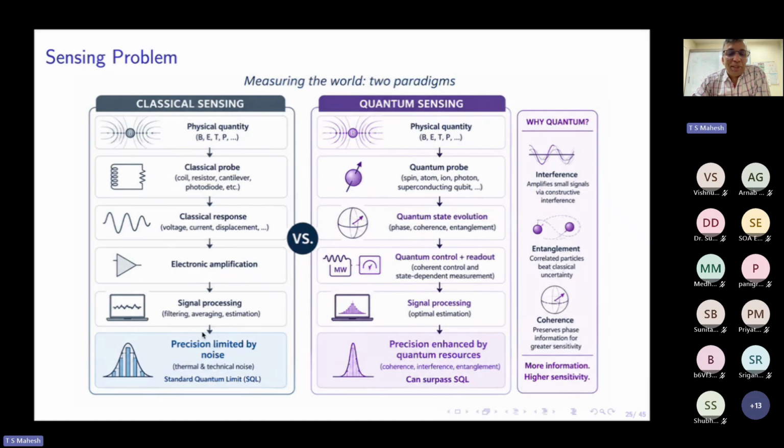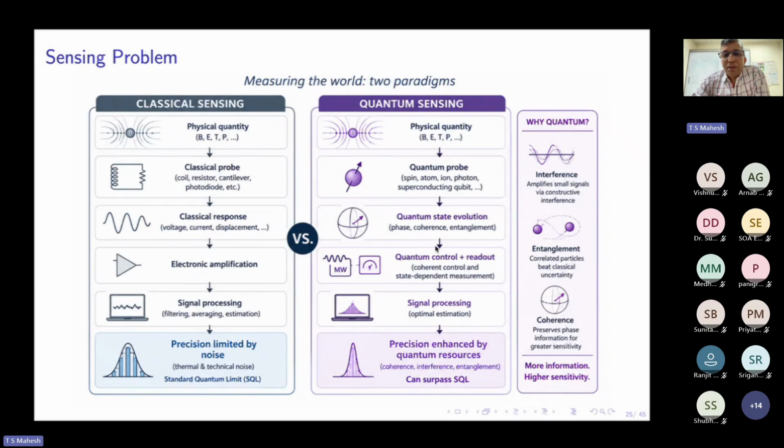So what is the best precision you can get? There is something called the standard quantum limit. That is the best precision you can get from classical systems. However, in the case of quantum, you can go beyond that. So what you can do is, instead of a classical probe, you have a quantum probe, and you let that system evolve